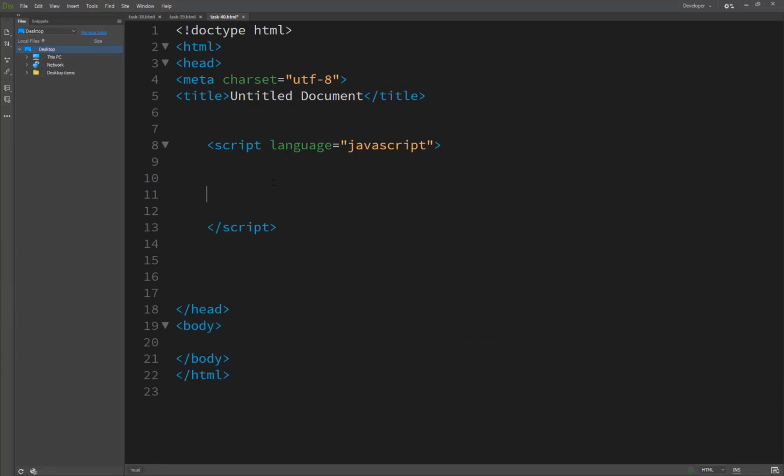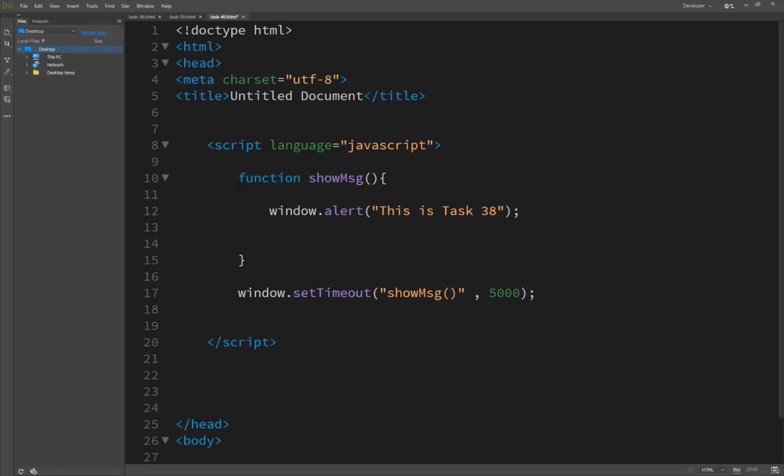copied here, it's very easy rather than writing again and again. When you create a scheduled event with the window.setTimeout method, it returns a pointer to that event. You can then use the pointer to cancel the scheduled event. So you simply pass the pointer to window.clearTimeout to cancel.